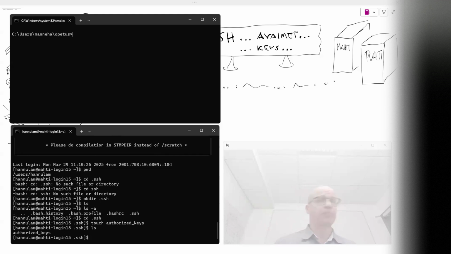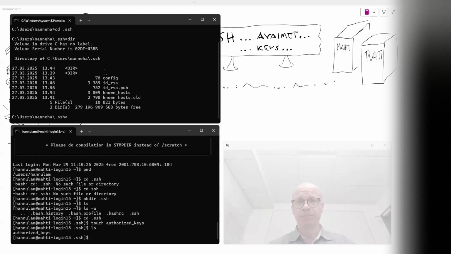So here in your own computer there is the SSH folder, and the id_rsa.pub is the file you need to send to the Miten side, and you can apply copy pasting there. So you can copy paste from your own computer to Miten, but you may face problems with your clipboard and so on. So let's do